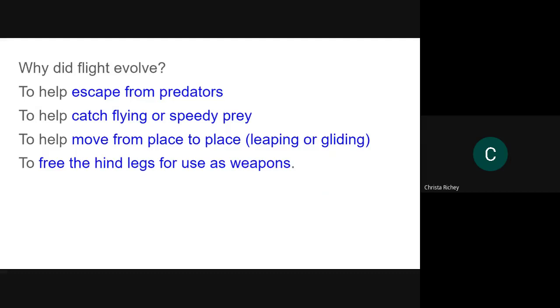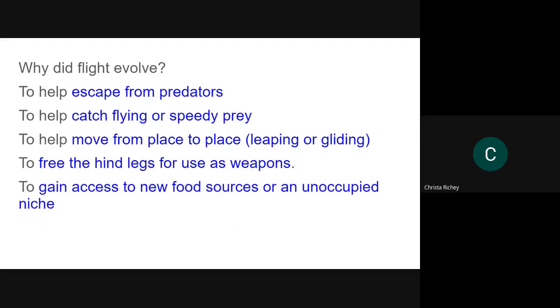The hind legs, if you're bipedal, if you've seen Jurassic Park, that big killing claw on the back leg, it allowed for that adaptation to occur. And like I said, it allowed them to go from point A to point B, to be able to get a better food source, better habitat, maybe for rearing offspring.